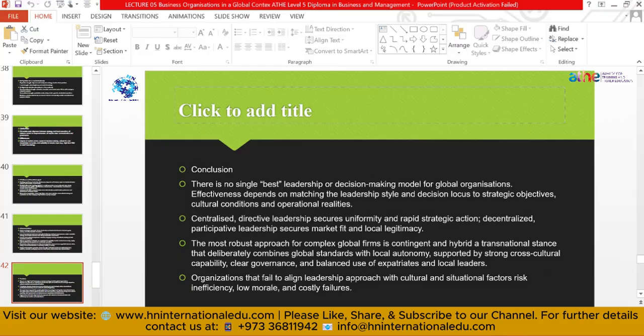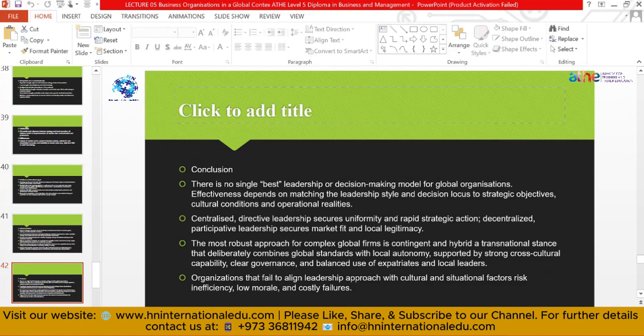So, in short, the summary of the first bullet point is you cannot rely on one single style of leadership or decision-making model. You need to try, and then we can opt for the best one. It's not mandatory that the first method you opt for is always successful; it can backfire.